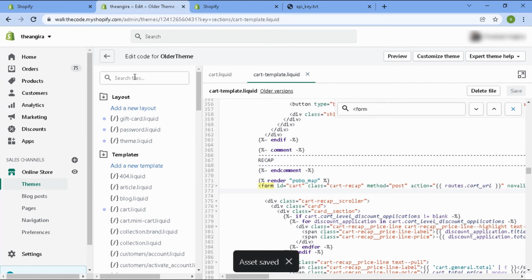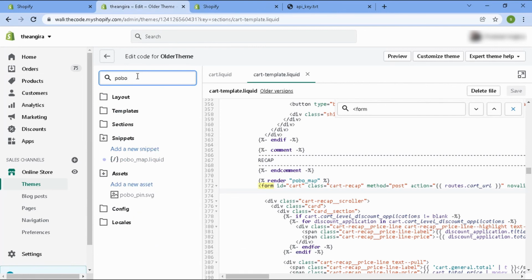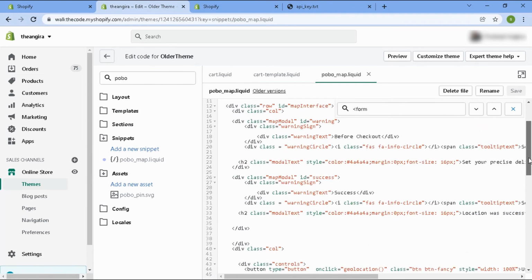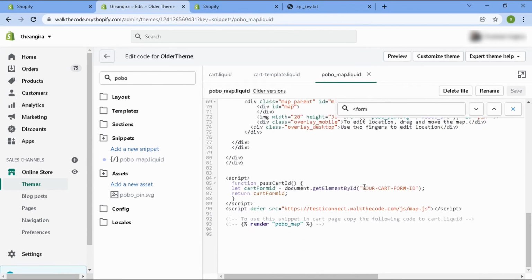Now what you want to do is, in search files, type Pobo, P-O-B-O. So I will open up this file Pobo map and I will scroll to the very bottom. At the very bottom where you see your cart form ID, I'll get rid of this value and I'll paste my form ID here, which was cart, and then I'll hit save.